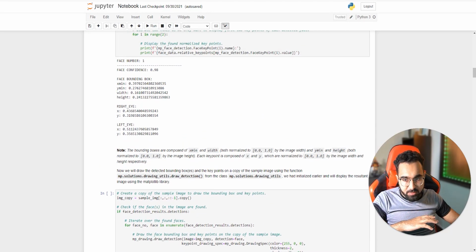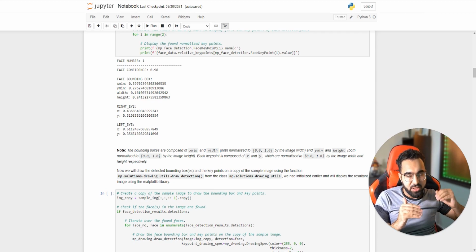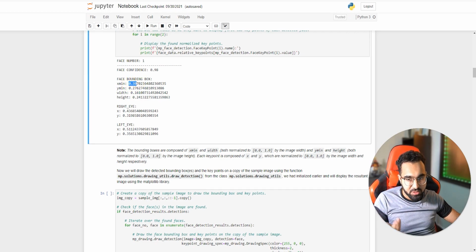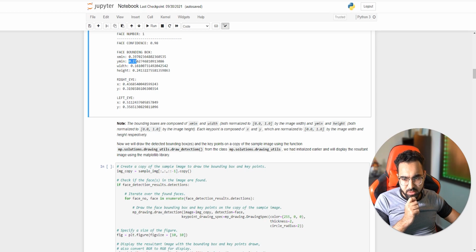Another thing that I should mention is that you notice that these coordinates are in the range 0 to 1. So these are not the actual coordinates inside the image. These are normalized coordinates. To get the actual coordinates, what you need to do is multiply any x-axis coordinate with the width and the y-axis coordinate with the height. So then you get the actual coordinate. For example, take this 0.39 and multiply it with the width of the image, and then take this y coordinate and multiply it with the height of the image, and then you can get the real x1, y1 values of each coordinate in this. So this is a common thing that happens throughout multiple models.